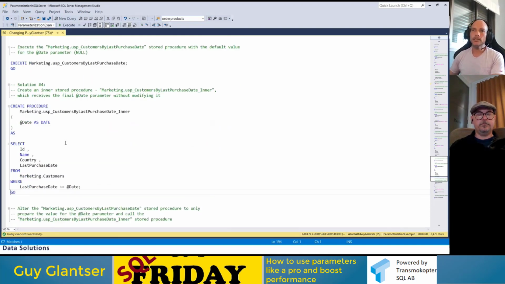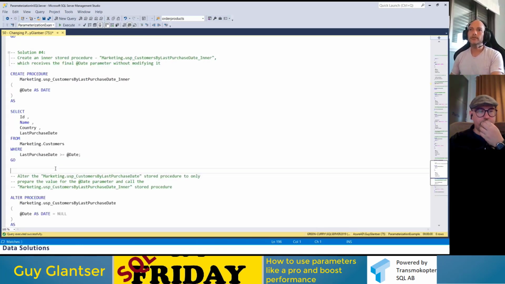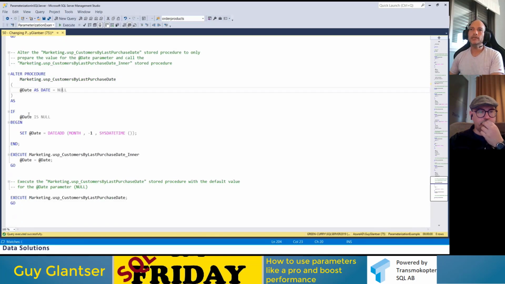And the last solution, I think it's the last one. Yeah. So again, similar to the solution from the previous demo, I can use a separate stored procedure called an inner stored procedure, for example, with the same parameter and query. Let's run it. Then I change the original stored procedure with the default value of null with the same if.